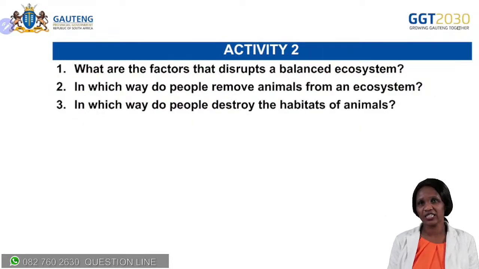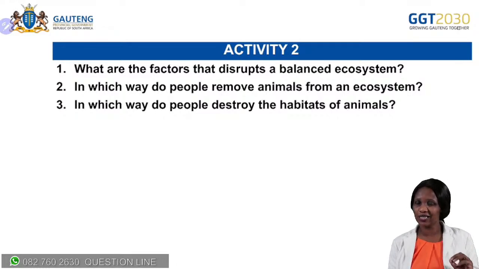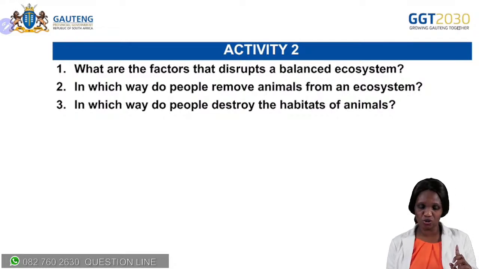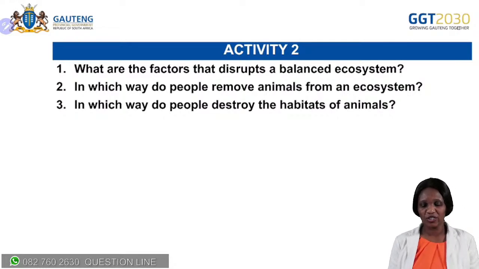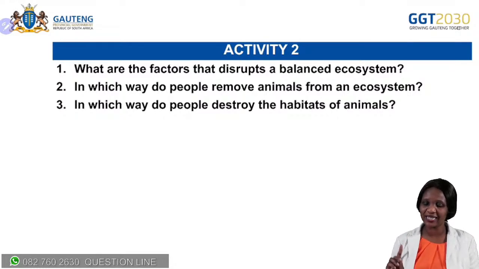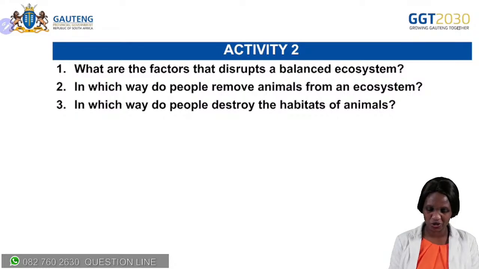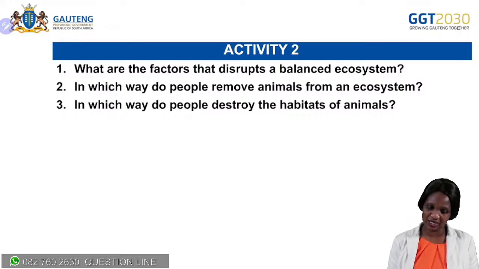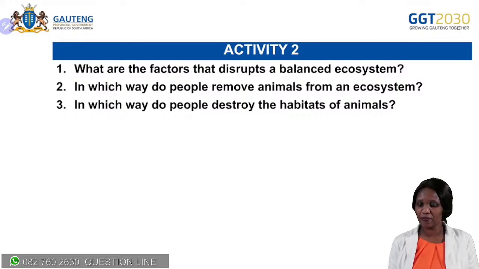And then we've got activity 2, which we are not going to write. You are going to do it at home. Let's check the questions together, but you are going to write the answers at home. Question number 1 says, what are the factors that disrupt a balanced ecosystem? Question number 2, in which way do people remove animals from an ecosystem? 3. In which way do people destroy the habitats of animals? Okay,